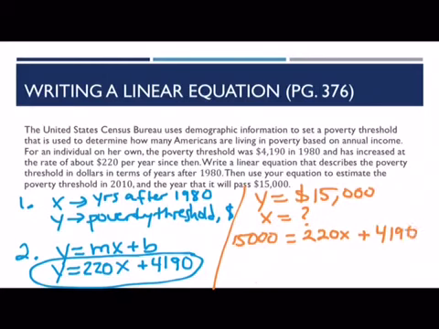All right, so subtract 4,190 from both sides of the equation, and that gives 10,810. And then divide both sides of the equation by 220, and we have x is